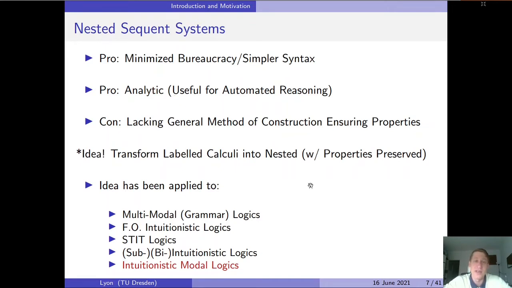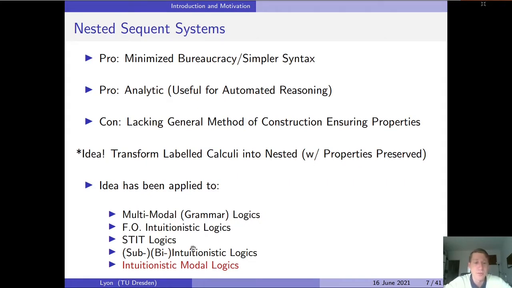So this is the idea of structural refinement in a wider or broader sense, is that we can go from the semantics to nested systems. I've applied this idea in a number of settings, for example, to grammar logics, which are essentially a generalization of tense logics. First-order intuitionistic logics, this idea works in the first-order realm as well. However, it is a bit more complicated. There are additional techniques that are needed, which I will not be discussing today,